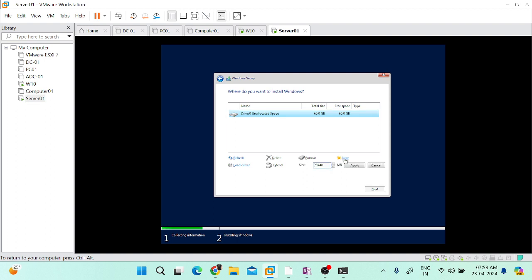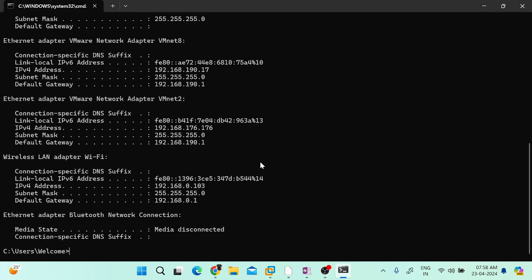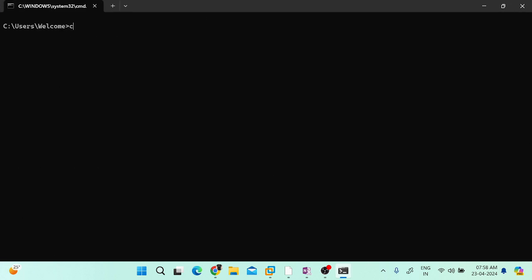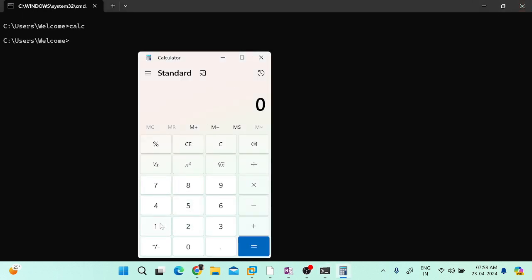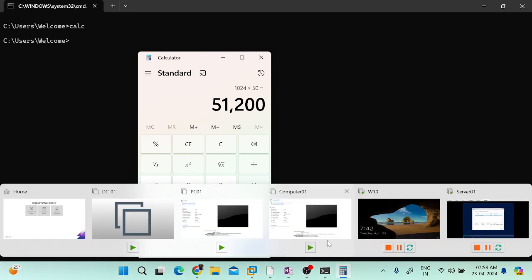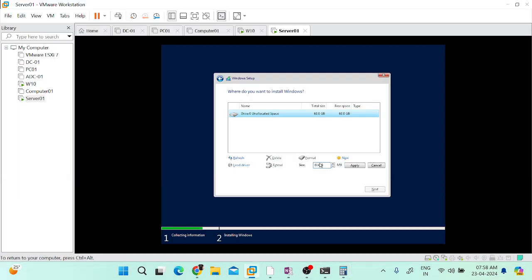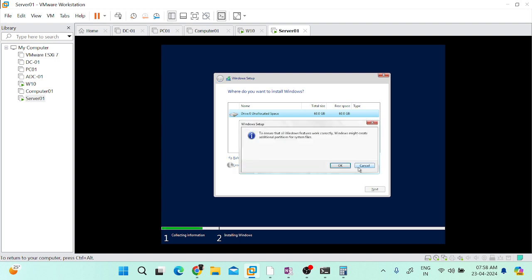So out of 60 GB, I would like to make a 50 GB drive. So 50 GB, how to calculate? If you open the calculator, 1 GB means 1024 MB, multiplied by 50 GB, you get 51,200 MB. So if you put 51,200 MB here in the partition size, and if you apply,